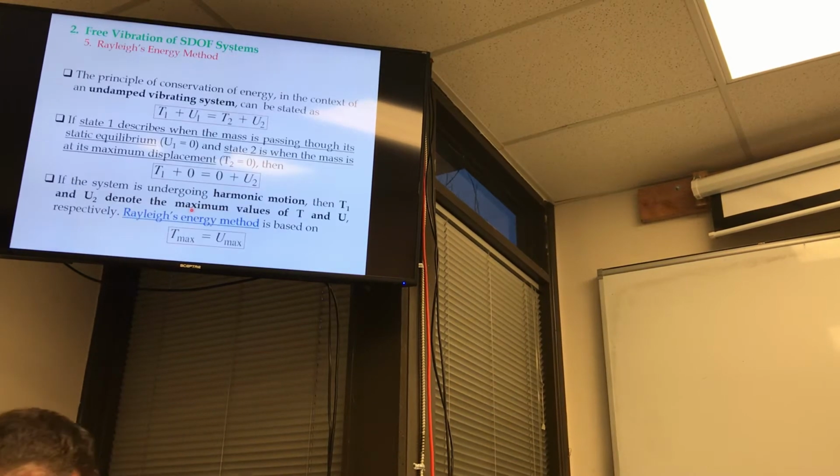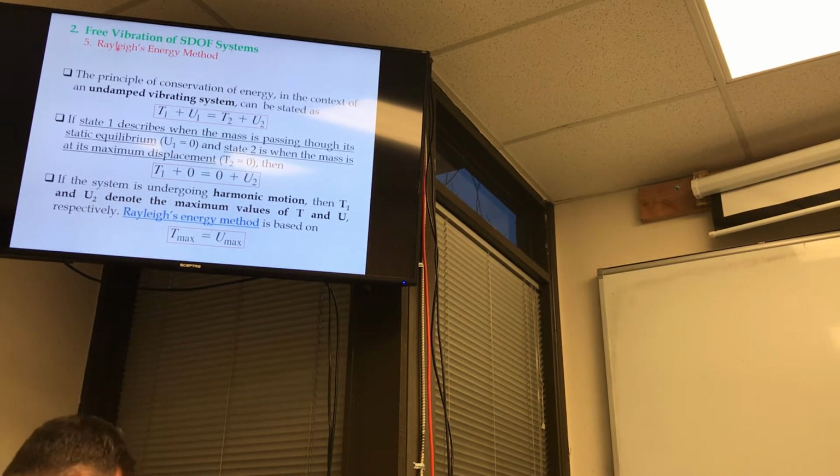Moving on to a newer section, called Rayleigh's method, Rayleigh's energy method. Rayleigh's energy method is